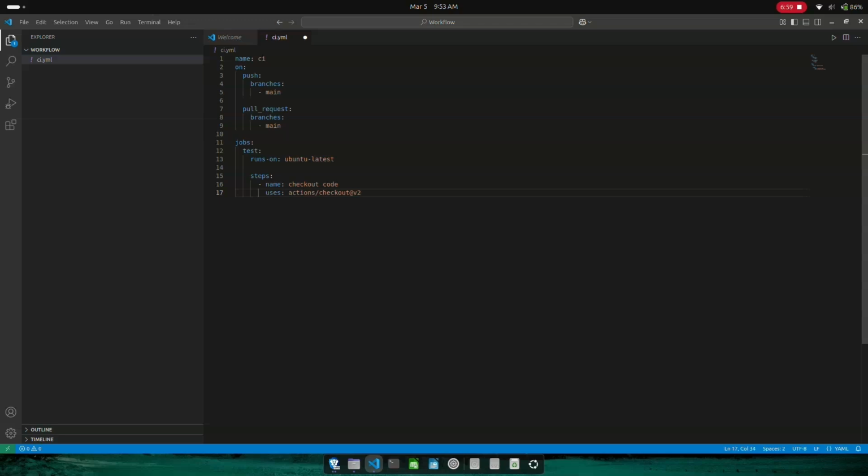So steps tells us that we can have multiple jobs and each job can have multiple steps. Name is the specific name of the step and uses is what we'll perform with it.